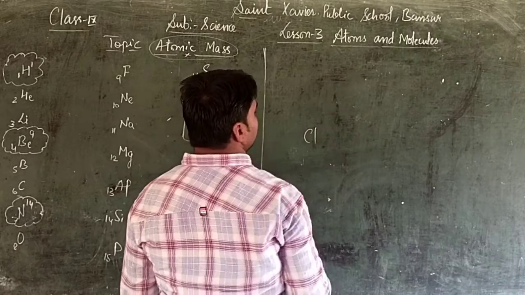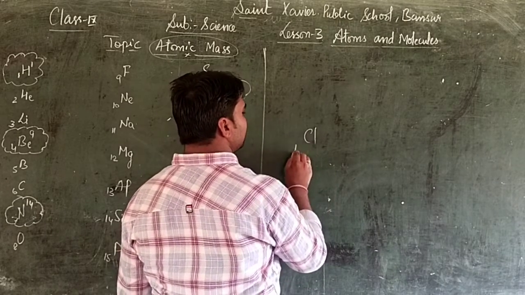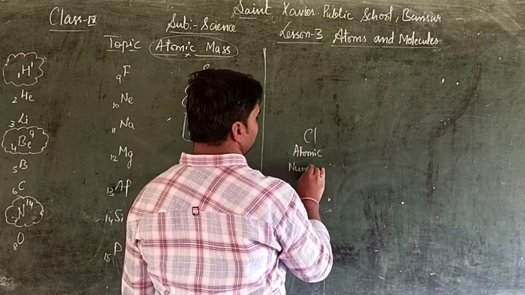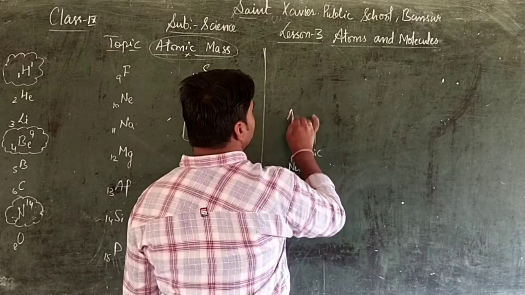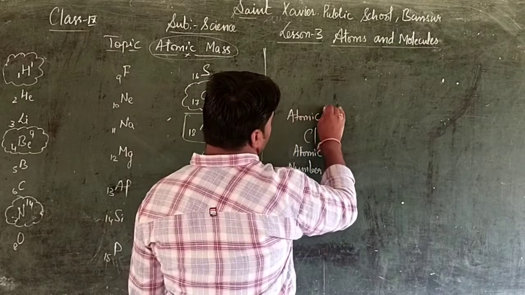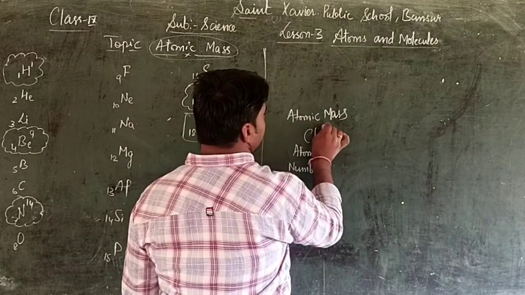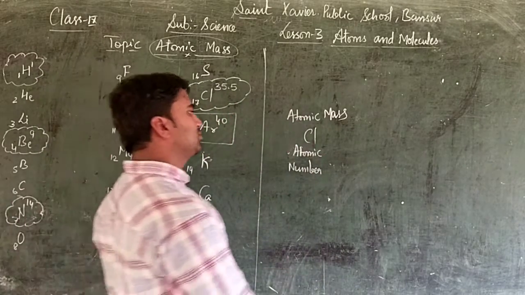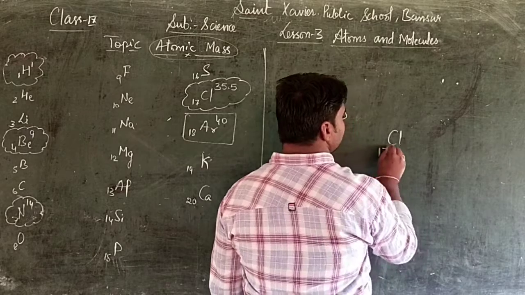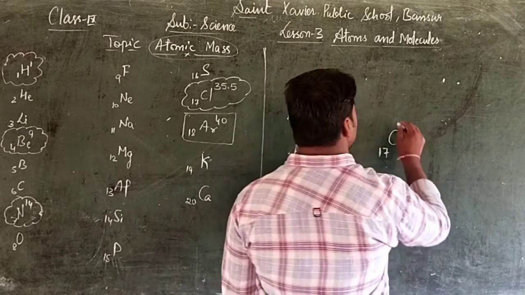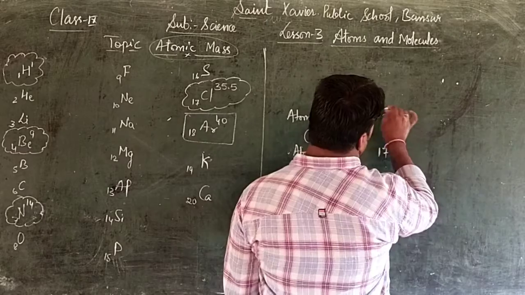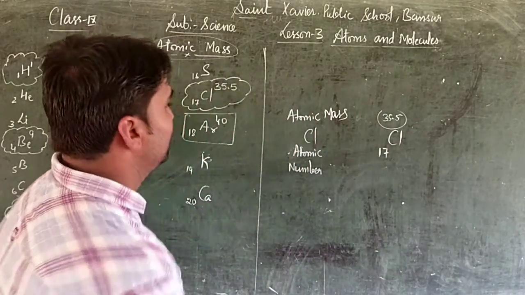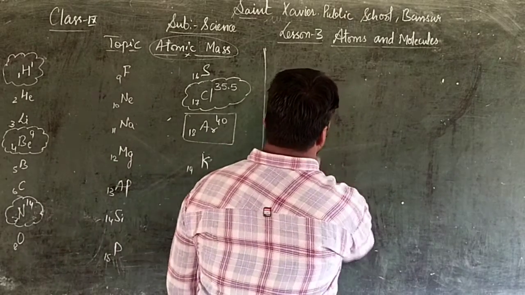As we have chlorine, downside we will write the atomic number of that, and here the atomic mass. This side also you can write, or this side, no problem. This is the atomic number and this is the atomic mass. Like you know very well, 17 is the atomic number of this and the atomic mass is 35.5, near about this. So how does it come? We'll read by the formula in an easy way.